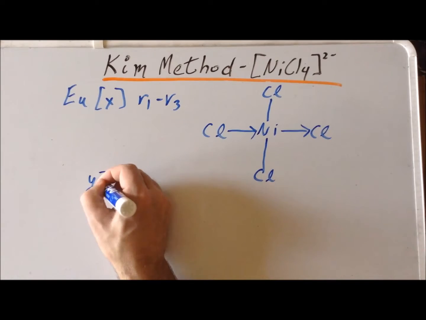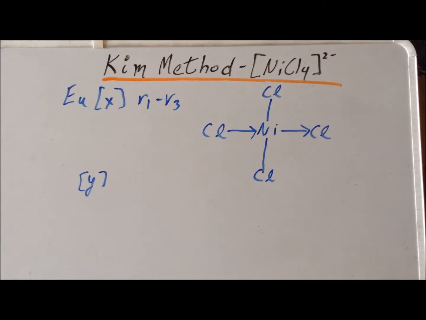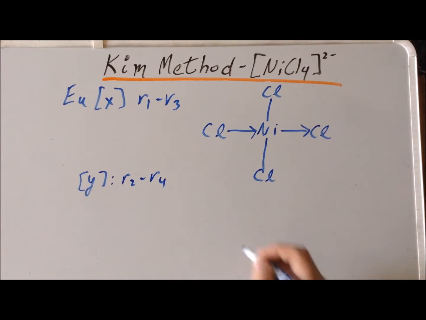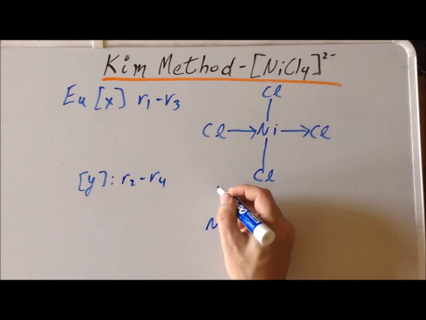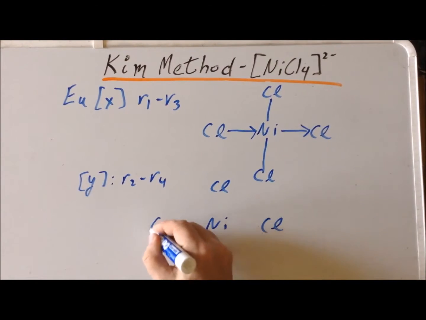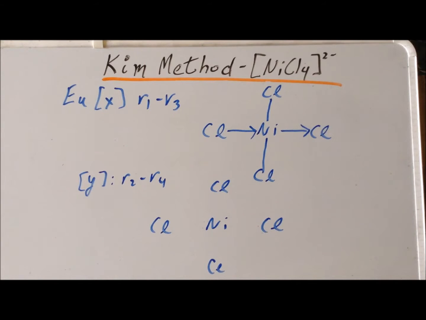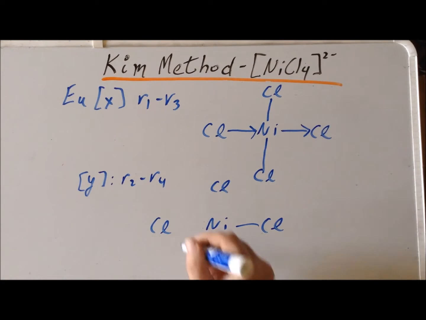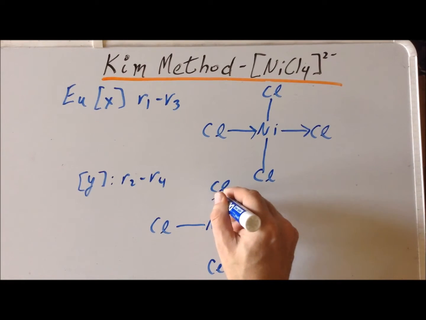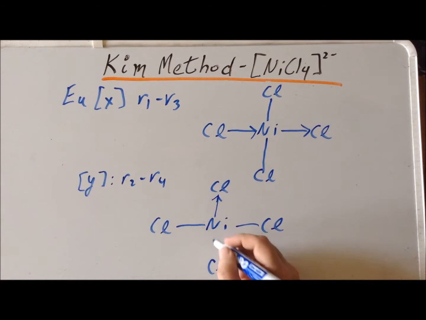Then for the y basis function, we have R2 minus R4. So again, we can draw it. Quick sketch. We notice that R1 and R3 are not mentioned. They have coefficients of 0. R2 has a positive coefficient, so we draw it as an arrow in this direction that's getting longer, and R4